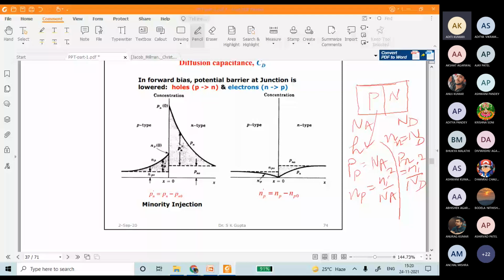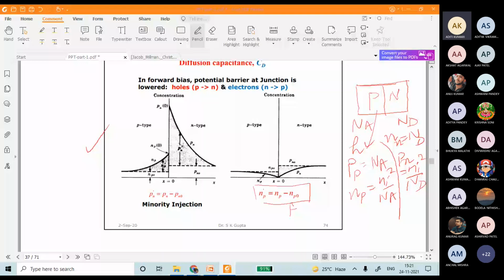So first let us look at the right side curve here. This is showing the concentration of the charge carriers in the N side and P side, and that of the minority charge. Yes, injected charge carriers. Actually, these are the injected charge carriers. Okay, let us come back to this later on. Let us first look at the left side graph here.